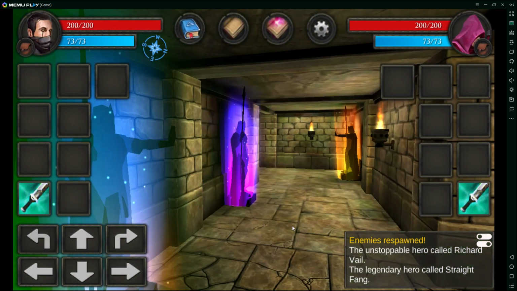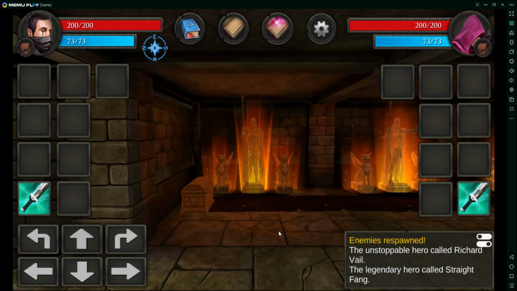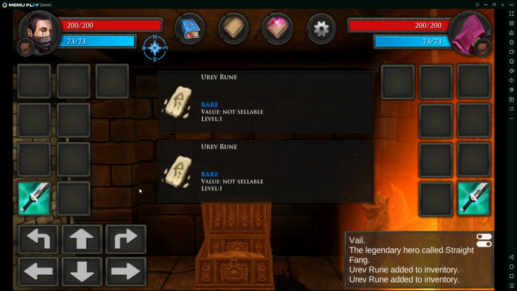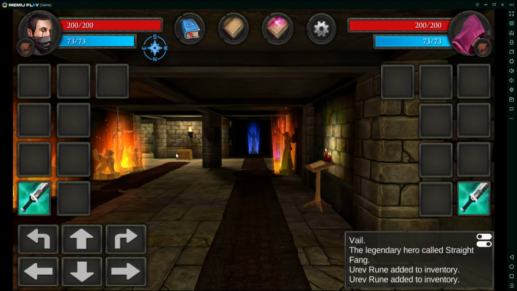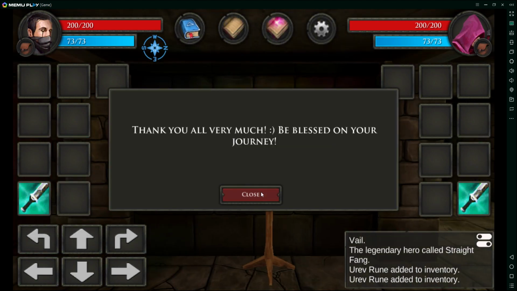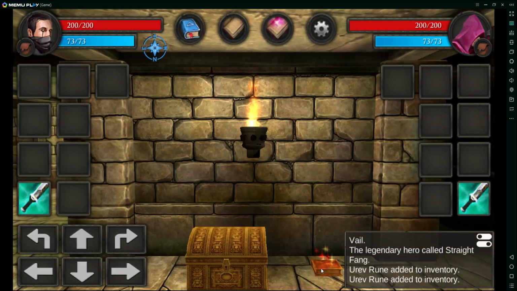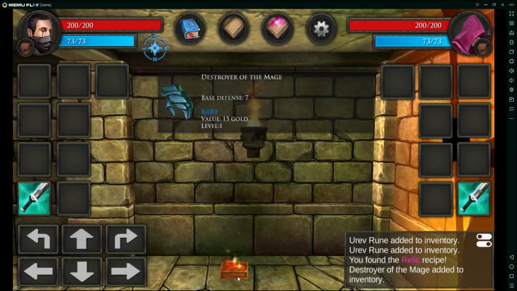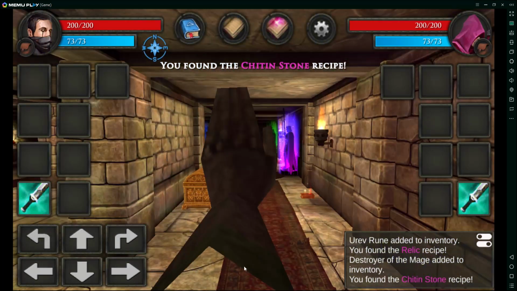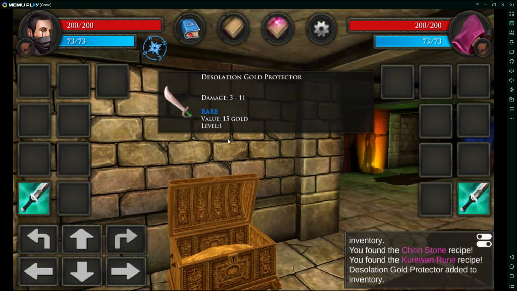Okay, in the Chamber of Heroes we are going to get some new recipes and items as well. So open this chest. We got Europe runes, which are part of the secret recipe I'm going to show you later when we are going to craft some stuff in a different video. So we need to get this recipe in here, this loot in here, turn right, get another recipe, turn around the corner, recipe, another loot,